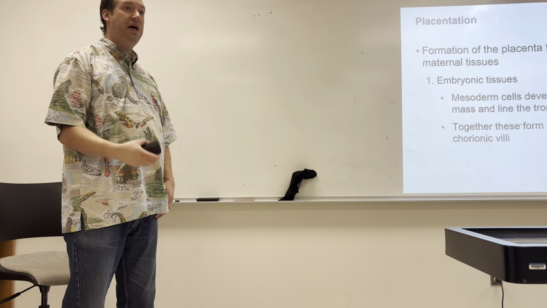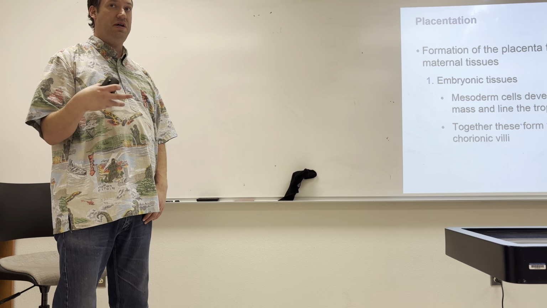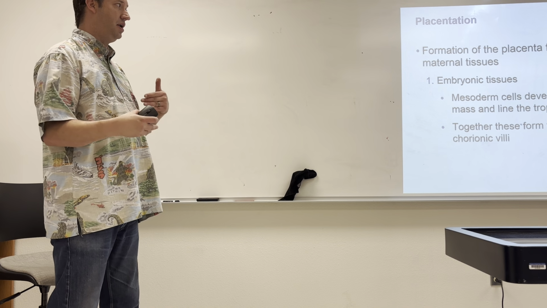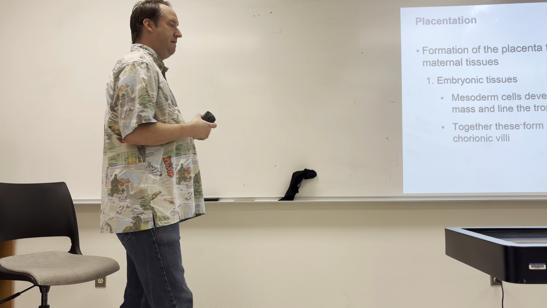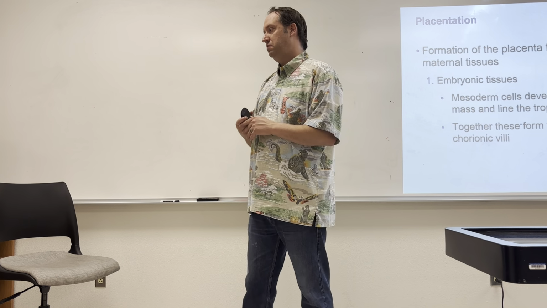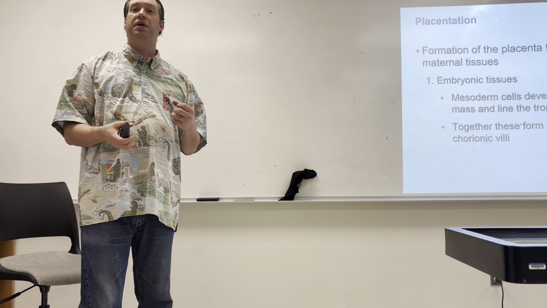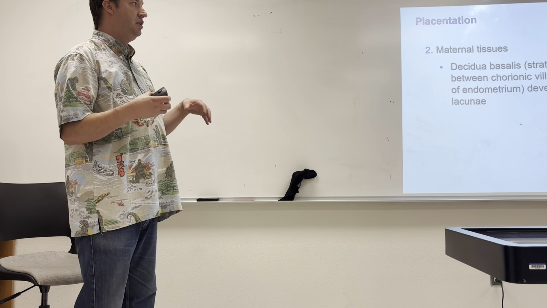All right, so now the placenta is going to form. The placenta is a combination of both embryonic and maternal tissues. The embryonic tissues, embryonic mesoderm, form this inner cell mass, and they're going to form what we call the chorion and the chorionic villi. The maternal tissues,